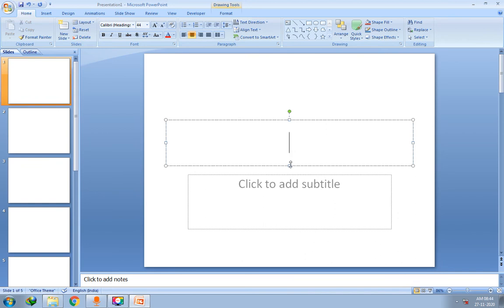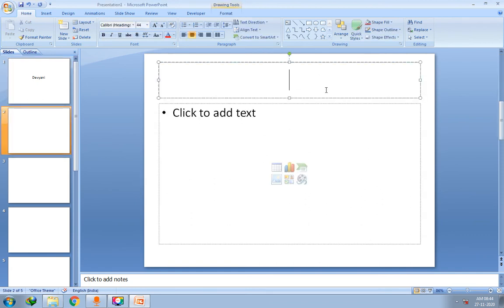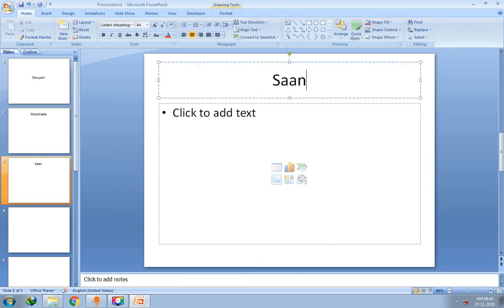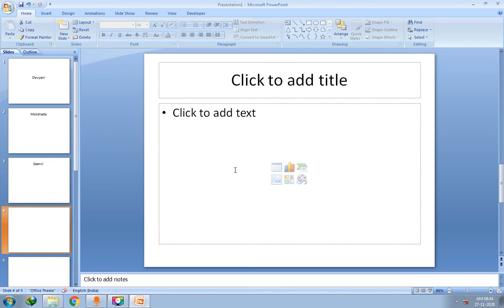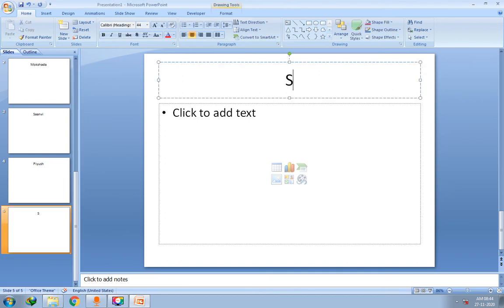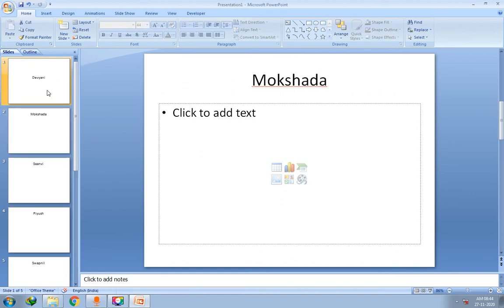Okay, so I'll write Devyani. On the next slide I'll write Mokshada, and then Sanvi, and then Piyush, and finally I'll write Swapnil.